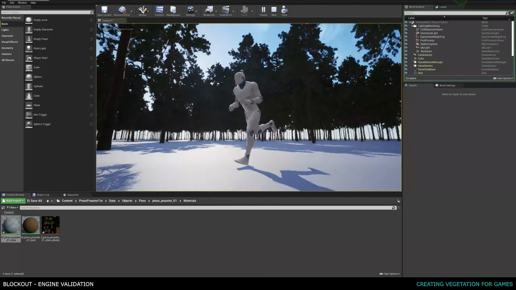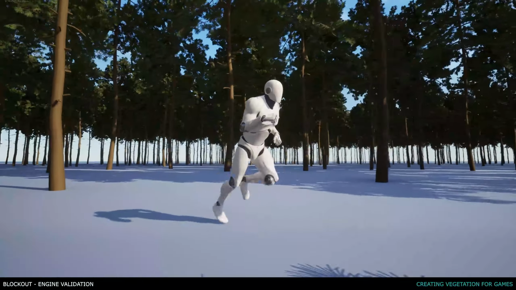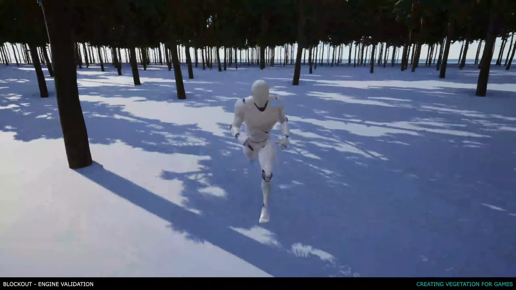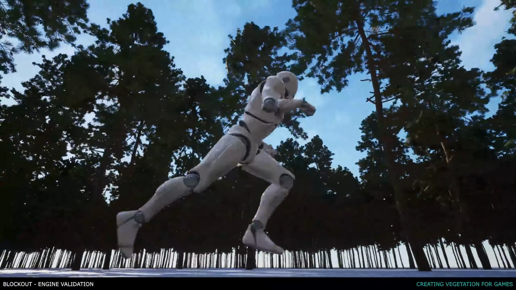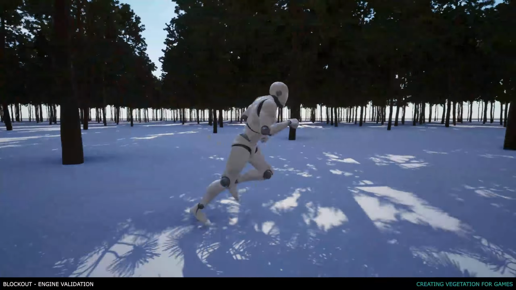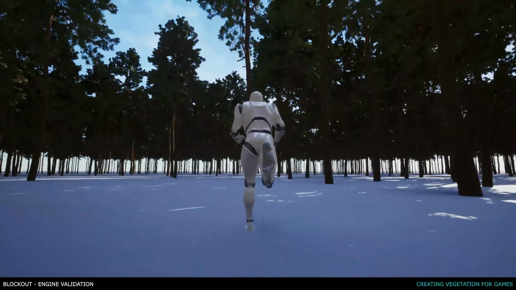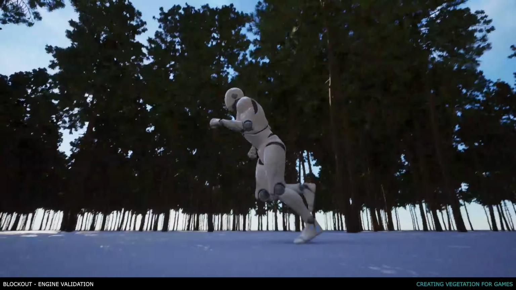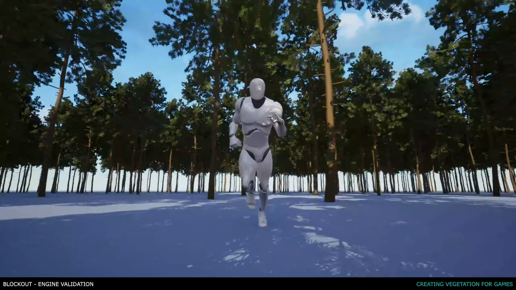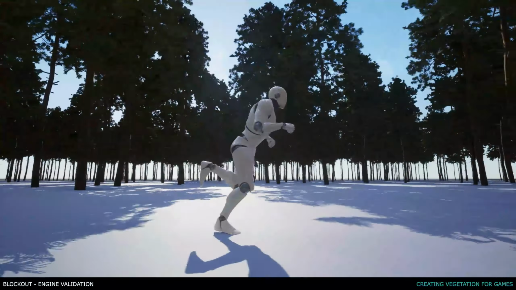Okay, so this way we can have a better look at the trees, see if they work in a forest environment or not, check the shapes and make sure that they are working in every angle possible. Make sure you are checking them based on the project you are creating, and if it is a game, for example, you want to test the trees from the perspective of where the player will see them. So if it is a third-person project like this scene, you will most likely be seeing them from below and from the sides, but you will not see them from above very often. So maybe focus more on that and just keep iterating until you get the results you feel comfortable with. Now that we are happy with our asset, we will move forward into the next step,